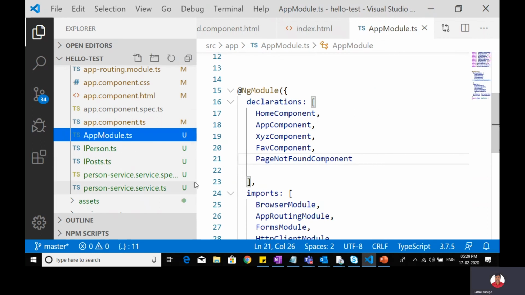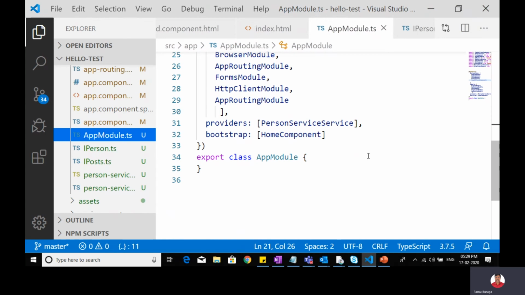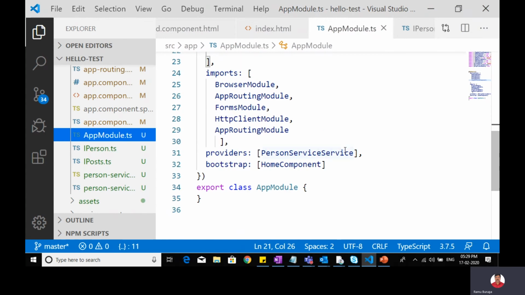Here I mentioned the module called app routing module. When you hit the browser on that index.html, your module file will be called.